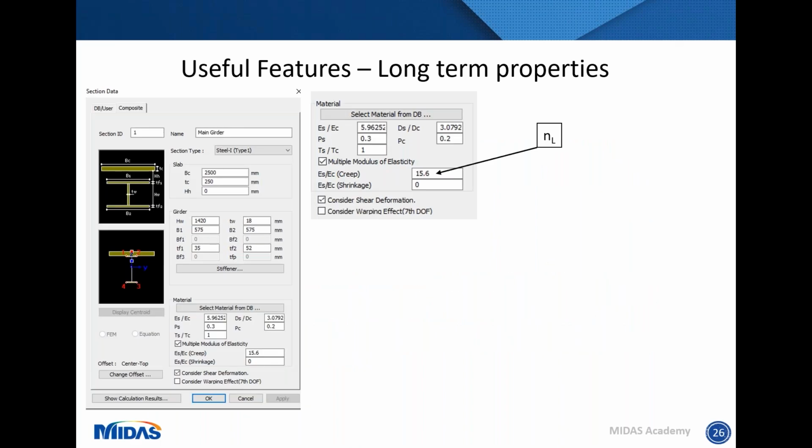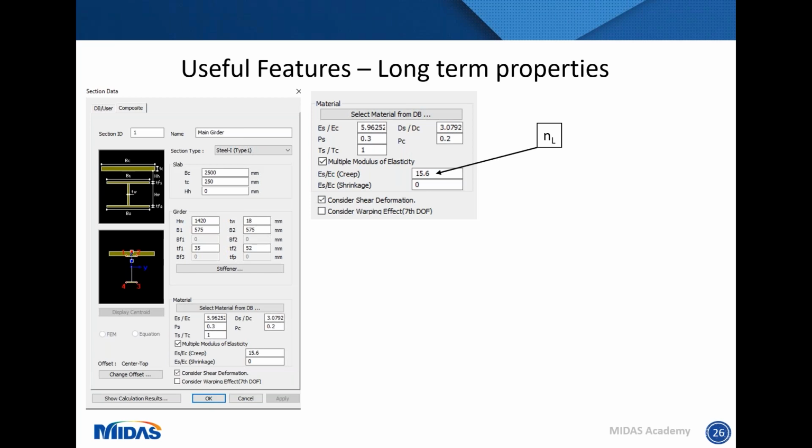So when you're creating your elements for the longitudinal members, so this is your steel element with its composite section, within the menu it also has a section further below that allows you to enter your long-term modular ratio value.